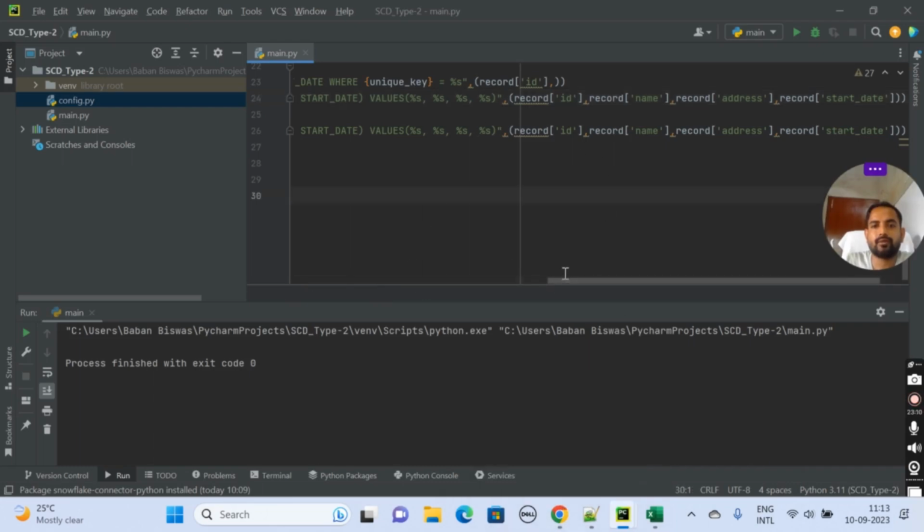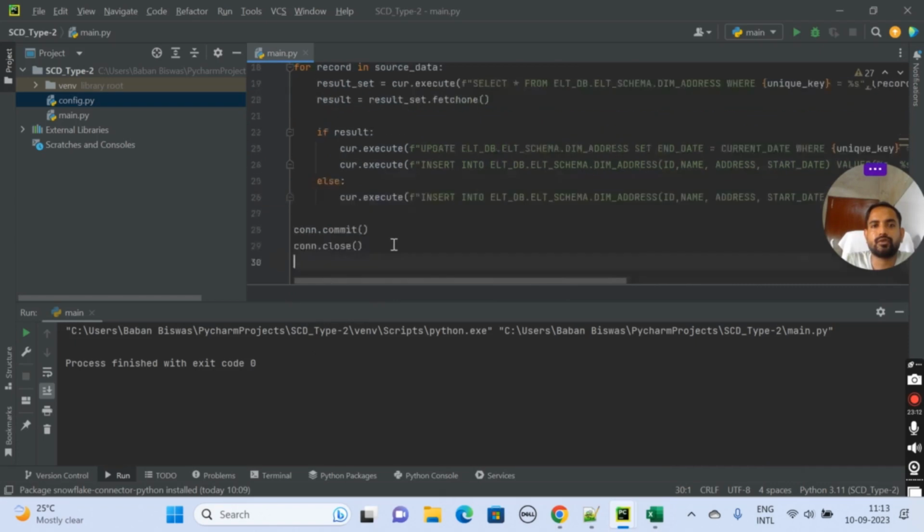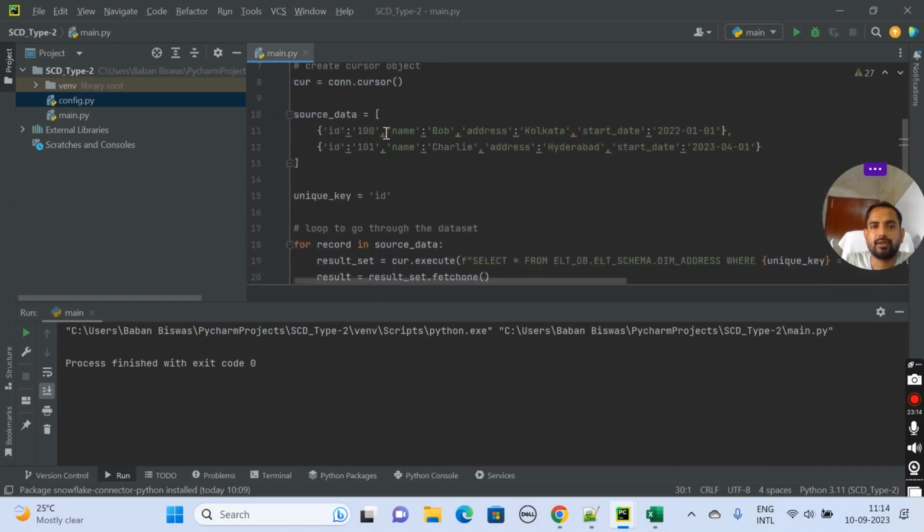Okay, let's go to the code. In your source data, this list, here we'll change the address from Kolkata to Bangalore. And we'll check if it is working fine or not. If it's working fine, then its work is done. Next, another one, a new record will also be inserted along with this, that is 102. Name is Ram. Address you give again Hyderabad.